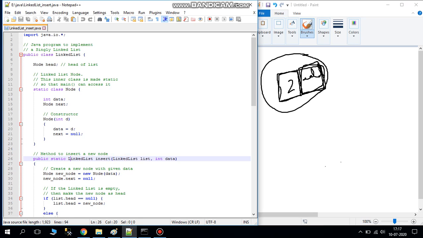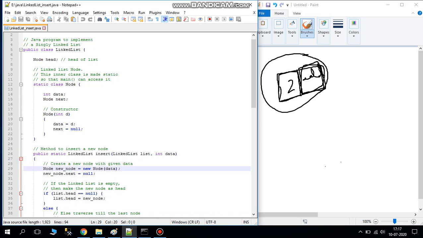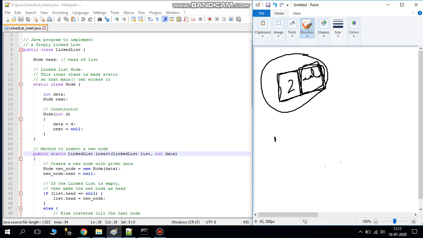Now the method to insert a new node. We can see for inserting the new node, if the linked list is empty, then that is the first case, when we are creating the head node. As we discussed, when the linked list is empty, then we will create firstly a head node. Head node doesn't contain the information part, that is the data part, and it contains only the next part containing the address of the next node, as we discussed earlier.